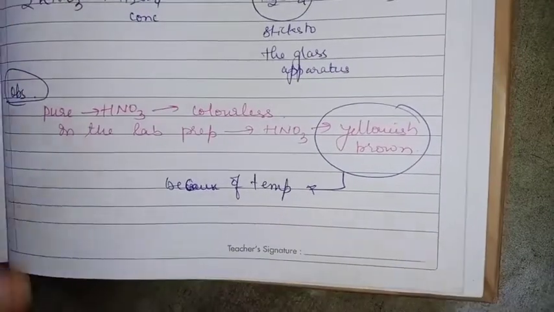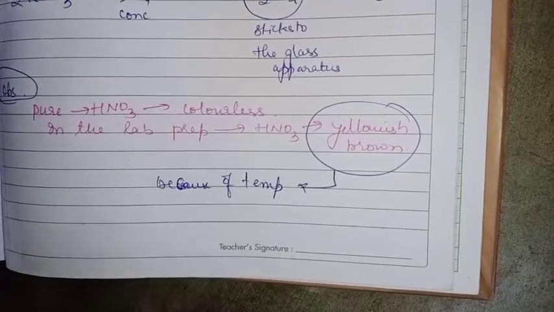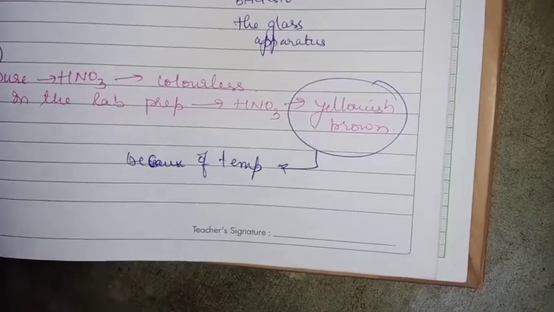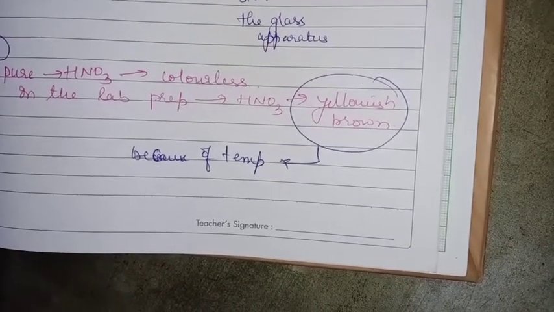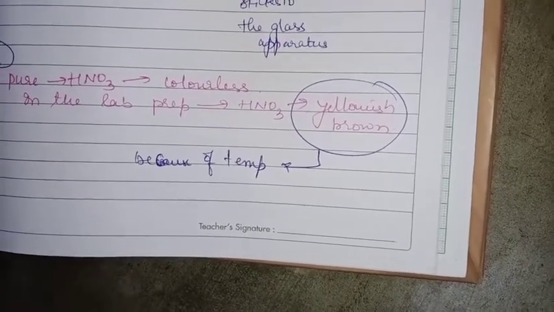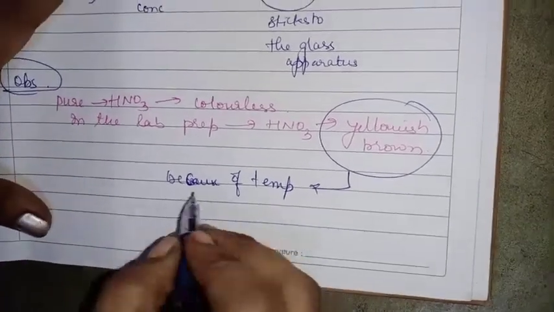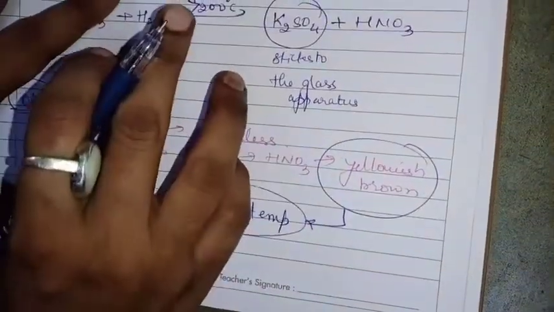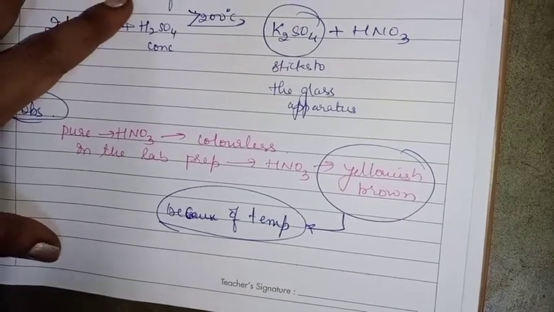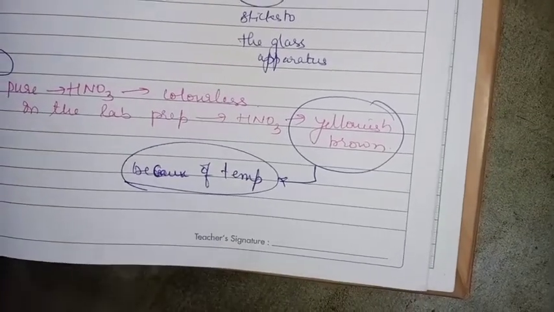Now we are heating up till 200 degrees Celsius only. But a small amount of the acid may get decomposed during the reaction, and hence the color of the acid becomes yellowish brown. This is due to decomposition of the acid, not at ordinary temperature but at somewhat high temperature. Sometimes the reaction temperature may increase a little, and because of this yellowish brown colored acid is formed.